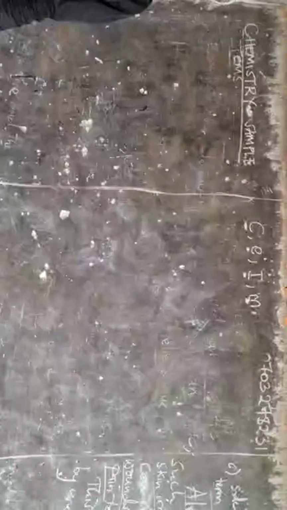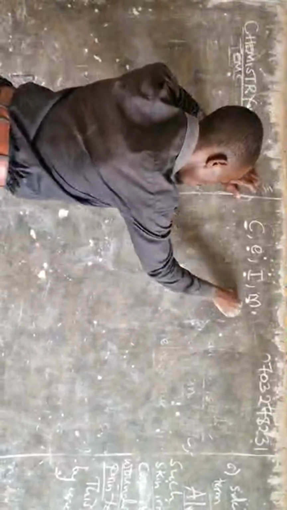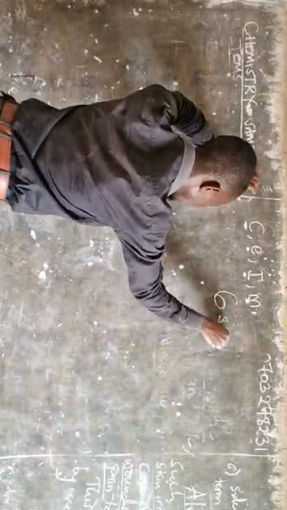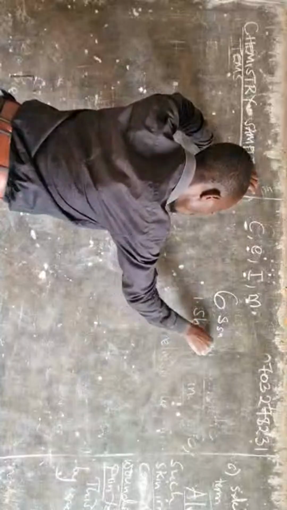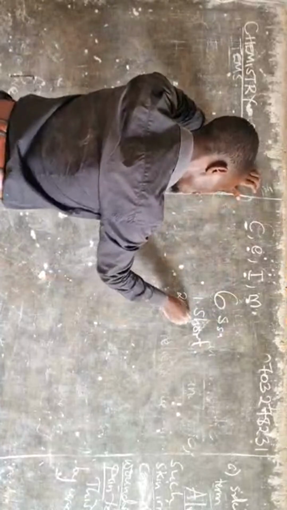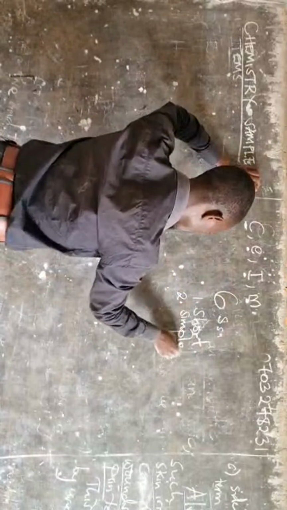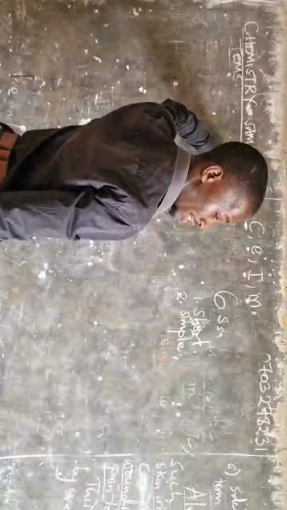Let me think about that. Remember, we said as you're responding, you follow the 6 S's. Your response should be as short as you can. Give a short response. Yes, it is short. It must be simple to understand. This means use simple English. Don't use vocabularies we don't understand.